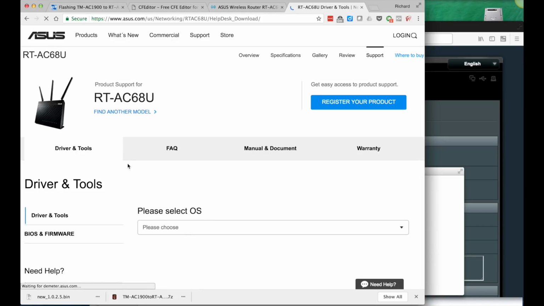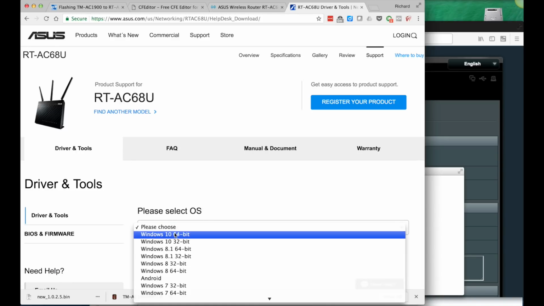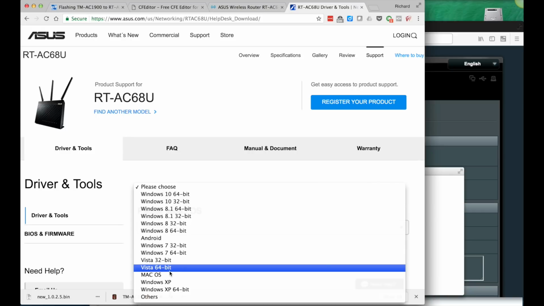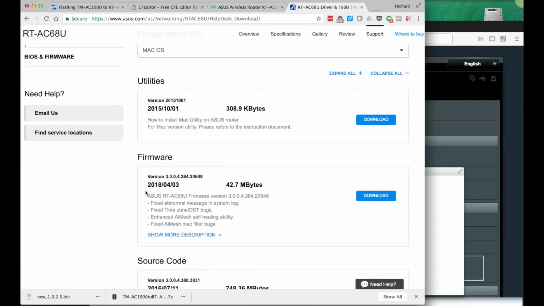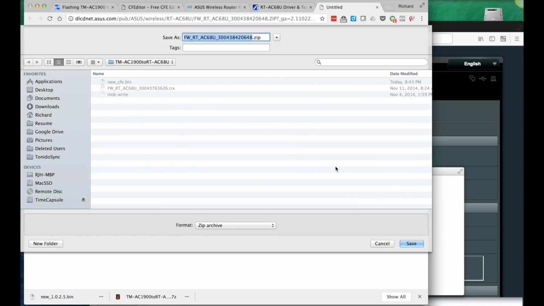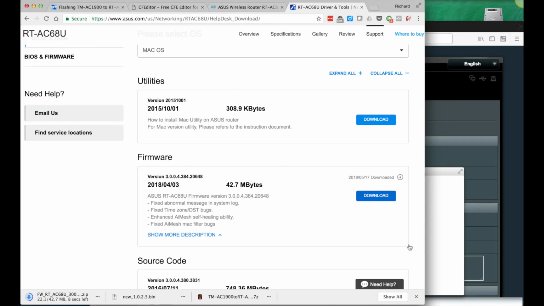Really, just slide over there, click it. Thank you. Okay, and select the OS, which really isn't going to matter because I'm not downloading anything that's OS specific. I do select Mac OS. I'm downloading the newest firmware. And I'm going to make a mistake here in a moment because I'm not going to unzip it before I try to upload it to the router. So once it's done downloading,